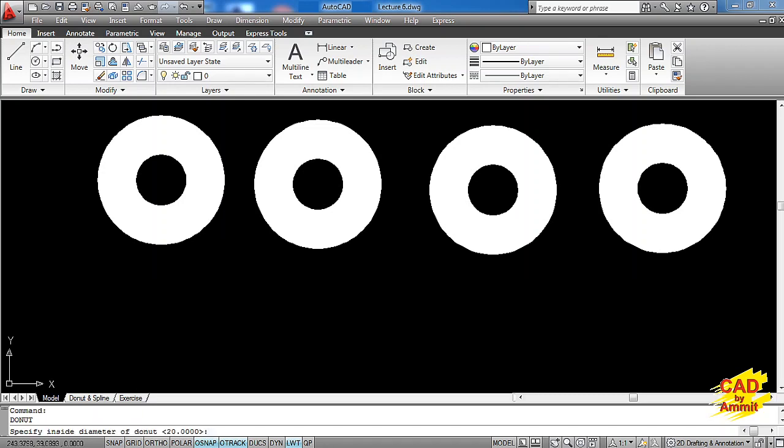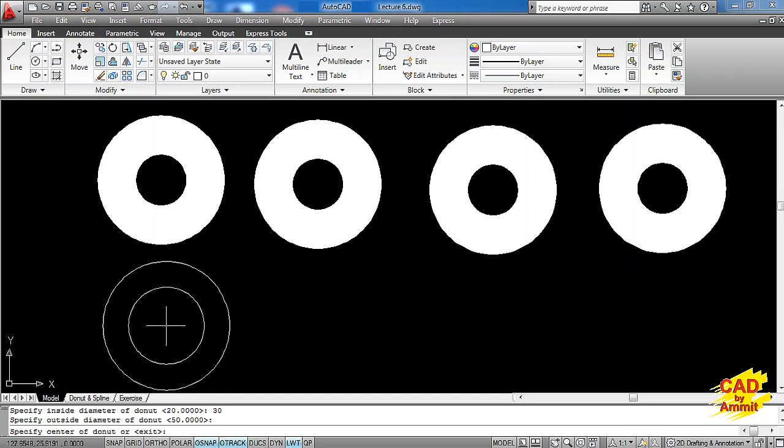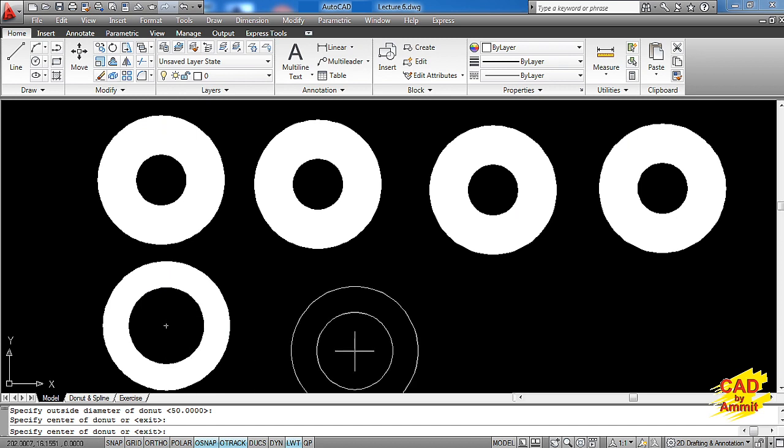This time I want to make a donut where the thickness of the boundary is less but the outside diameter should be the same. In that case, I need to increase the value of the inside diameter. Earlier this was 20, so now I increase it to 30. I keep the outside diameter the same at 50 millimeters. And here we get another donut, but this time the boundary thickness is less.